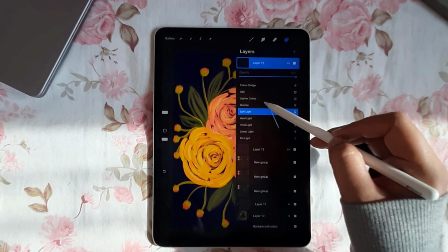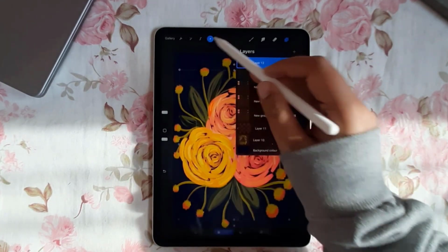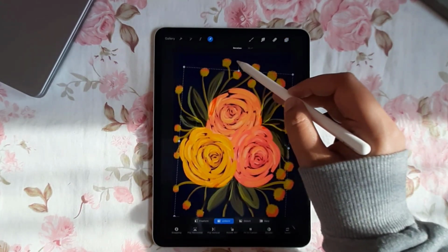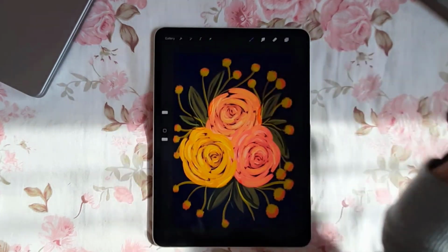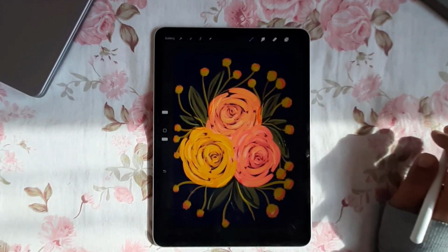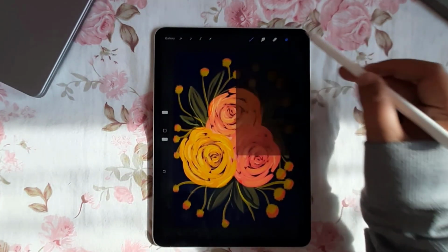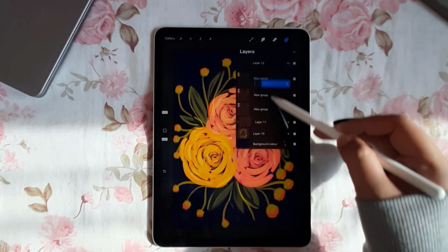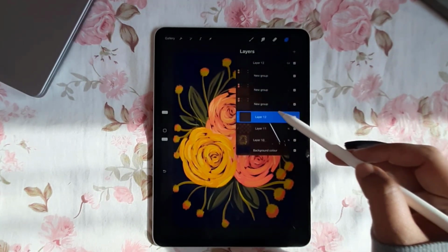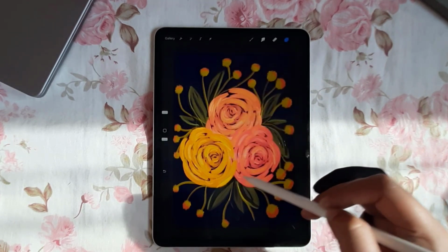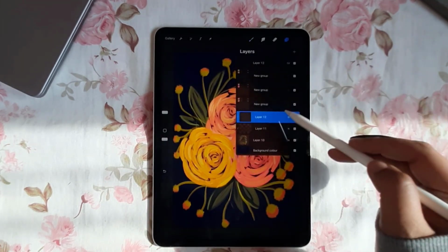Now one thing I'm seeing is that there's quite a bit of overlap. So what I'll do is make sure that I put the layers in such a way that it goes below the roses. Now once this is done,